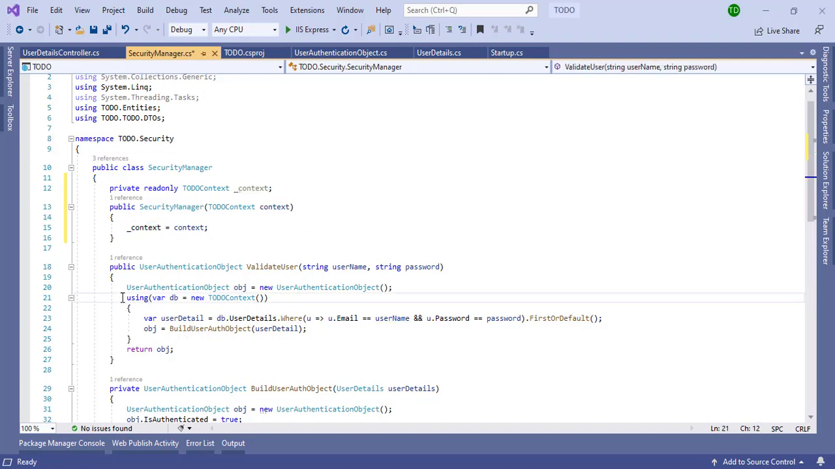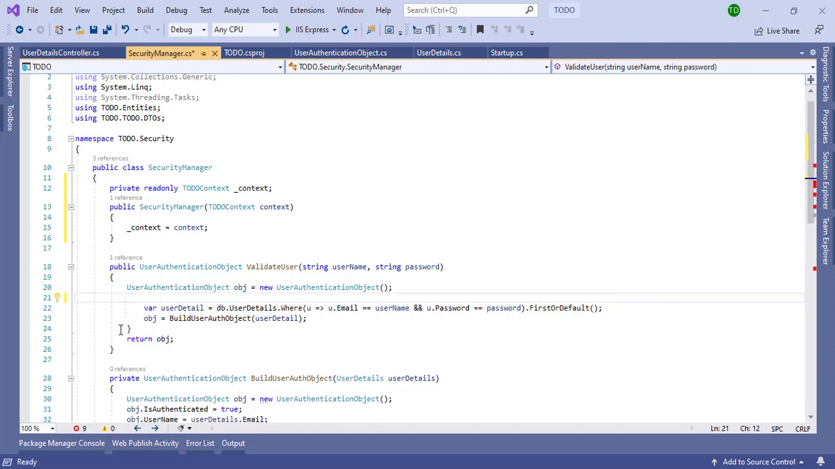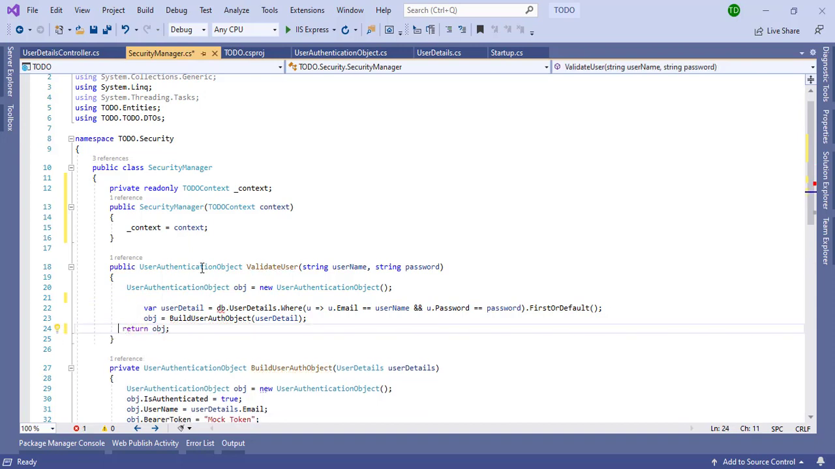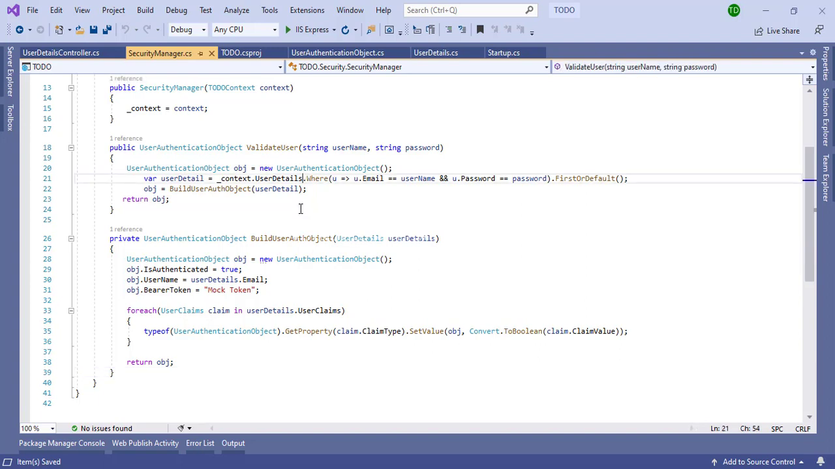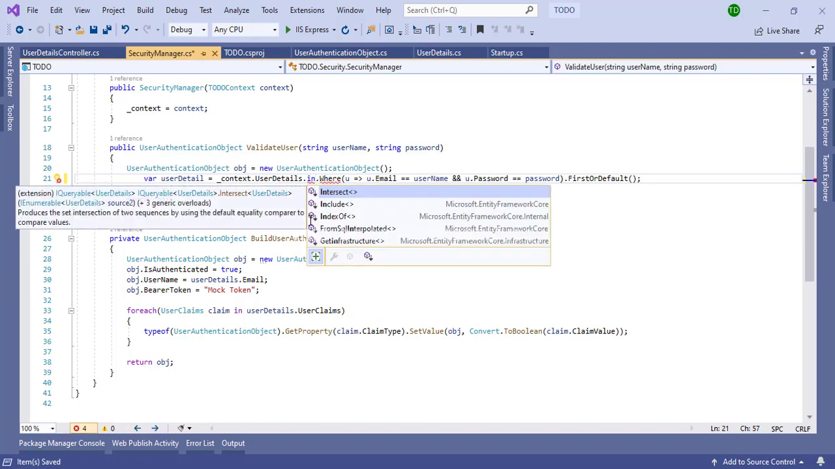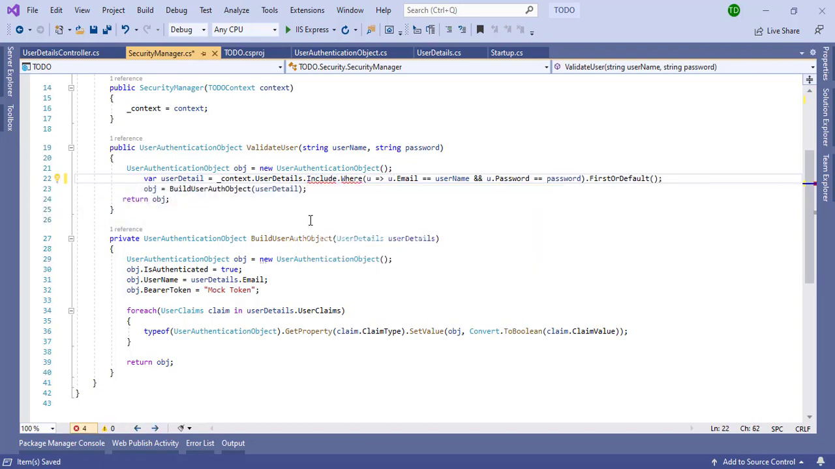Let's make one more change. Instead of creating a new instance, let's remove this using statement here, and use our readonly context to get the data from the database. And also we need to include our user claim table as we did in the user details controller. So similar to that, let's add Include here, and write the lambda expression